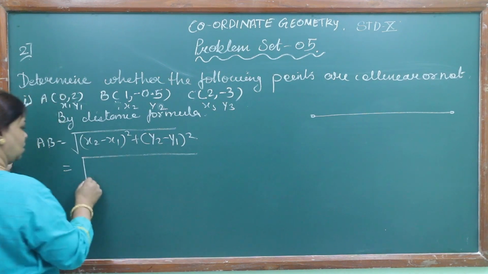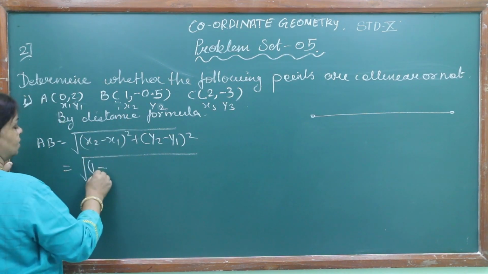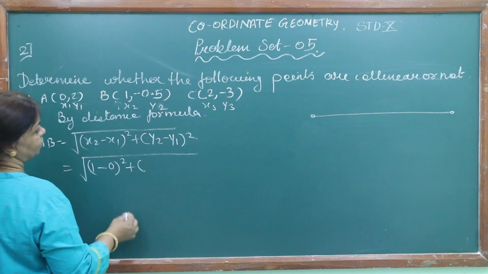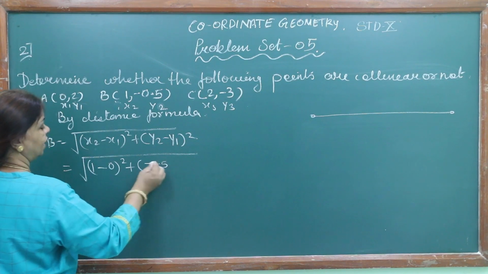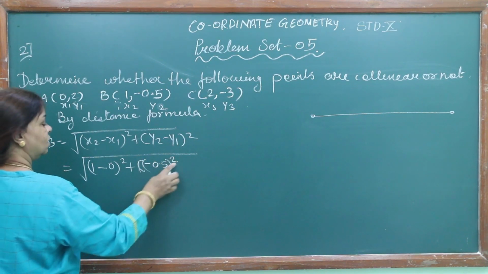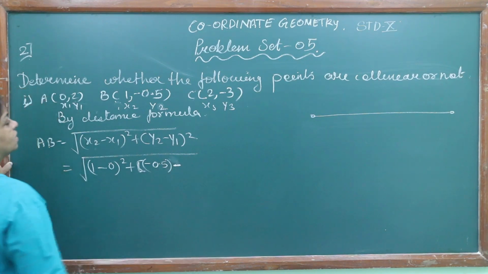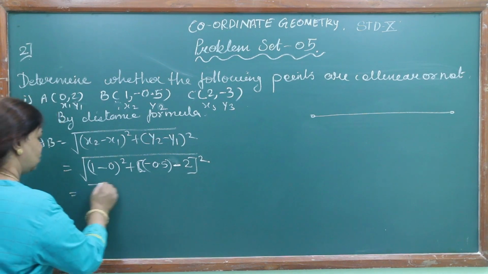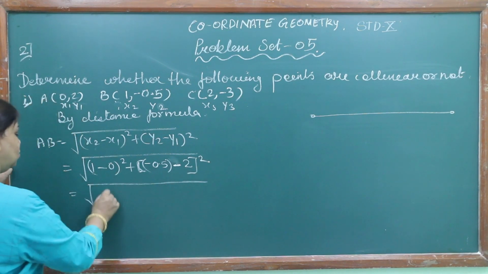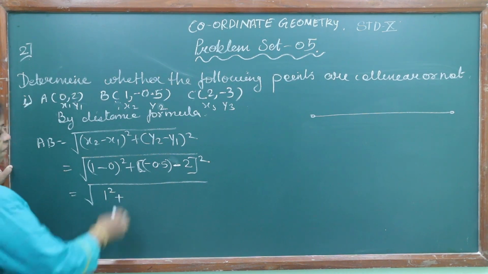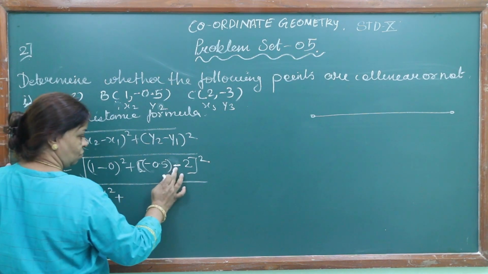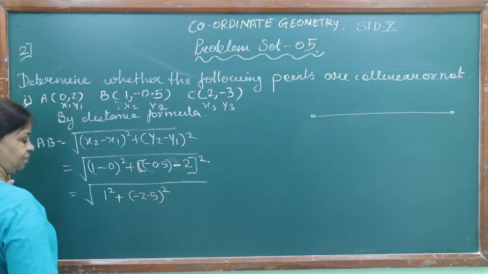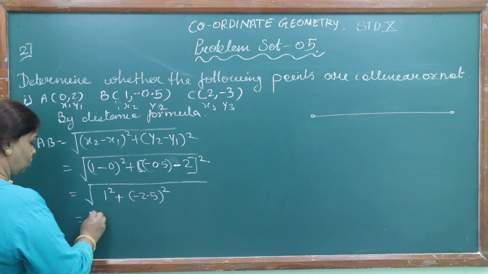Under the root x2 is how much, 1 minus x1 is 0 the whole square plus y2 is how much, minus 0.5 minus y1 is 2 the whole square. Let us do it. 1 minus 0 is 1 square plus minus 0.5 minus 2 will be minus 2.5 the whole square,